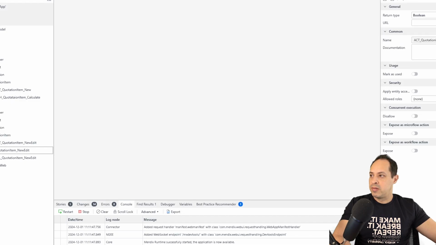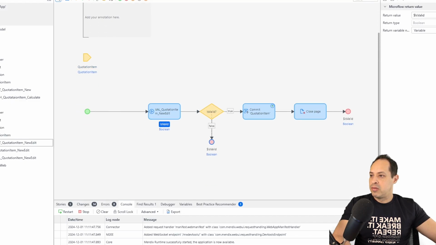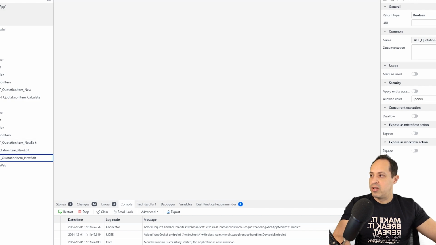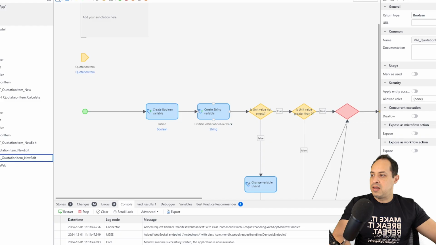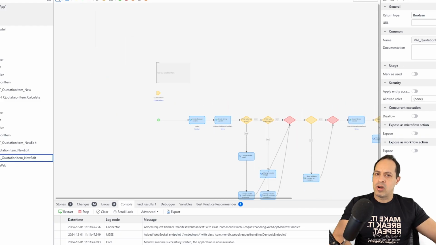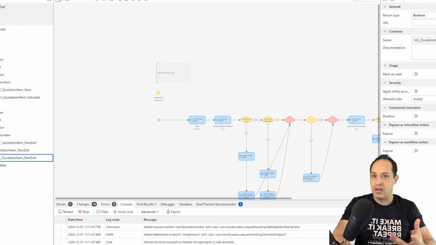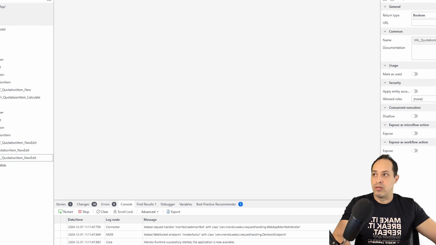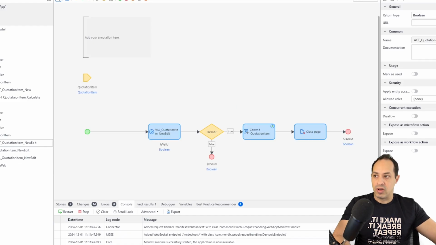Let's open the microflow, and here we have this microflow right here, which is going to do this validation. And then here we're going to do all of the validations. I recommend you to have a look at this microflow and understand how it works so you can do better validations on your apps. But that's pretty much what it does. It checks if we have 0 or even empty values, and then we make sure the user entered everything he needs to enter. And here on the right side, we are going to refresh the total value of the